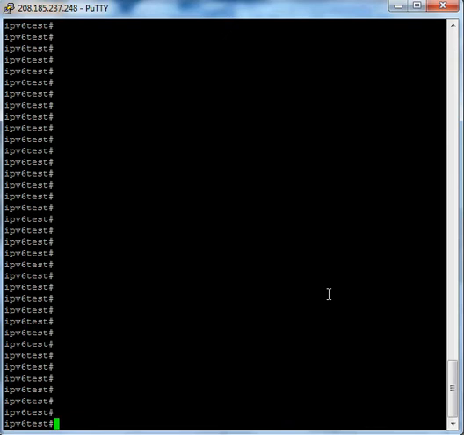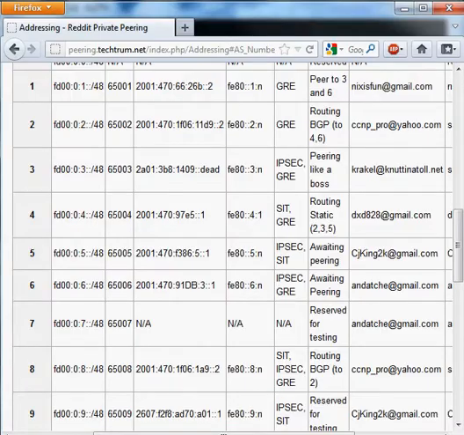reddit.com/r/ipv6peeringproject. Today we're going to look at creating a GRE IPv6 tunnel to peer in the peering network. First things first, we're going to have to hop on over to the IPv6 peering network wiki and get ourselves an address. I already have an address, so I'm going to use the existing one here,